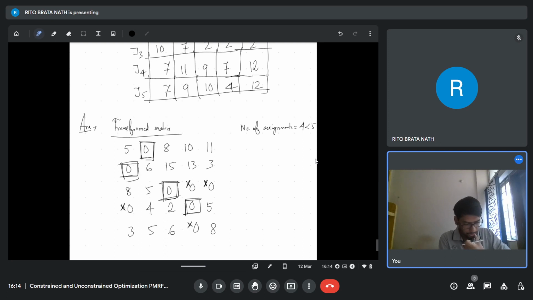So what you can do, from the occupied rows you can draw straight lines, and from the unoccupied column you can draw straight lines. So suppose this you can draw, this also you can draw, this is something you can draw, this one is also allowed, and finally what you have is the unoccupied one, which is